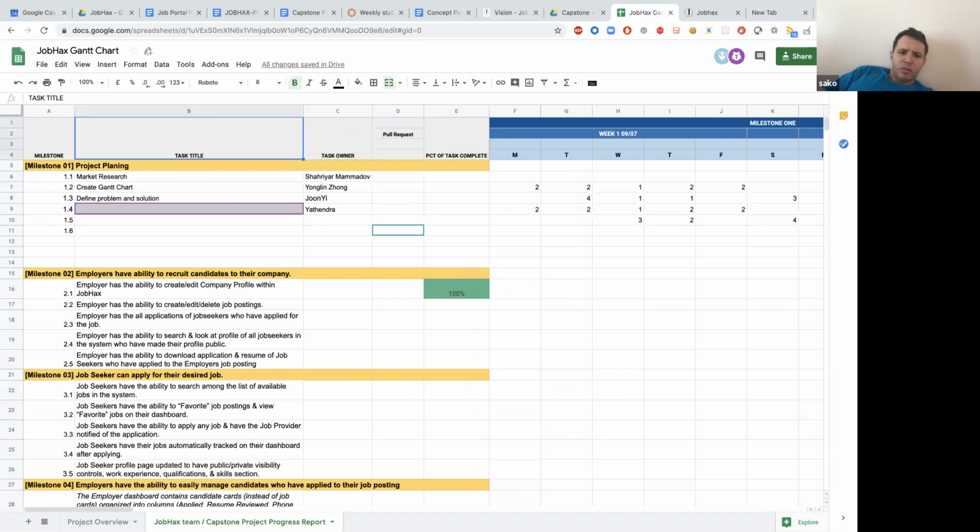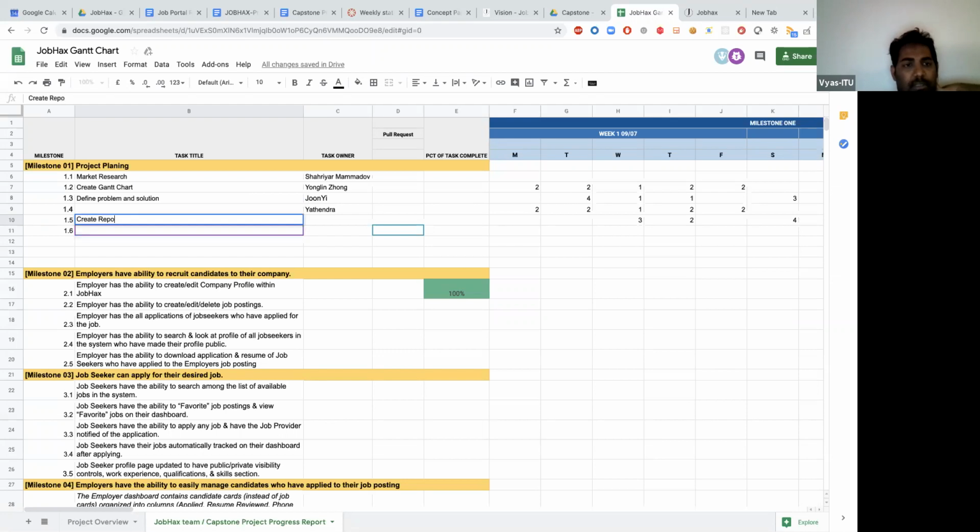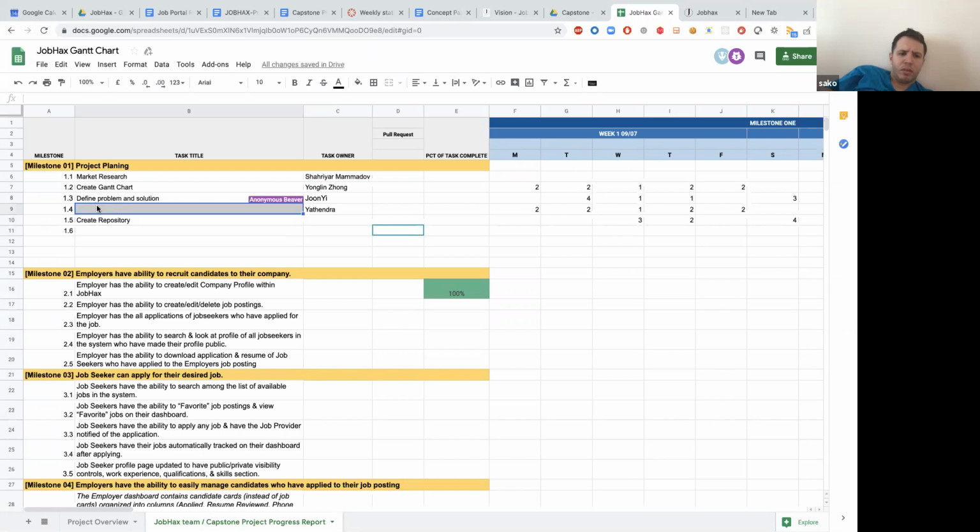I also don't want to overdo the timing. So, what was it? Going through the requirements or use cases, creating use cases, in fact. Create repository, yeah.